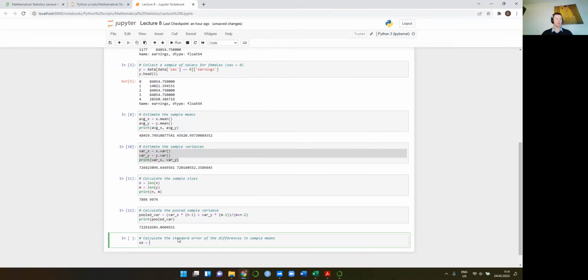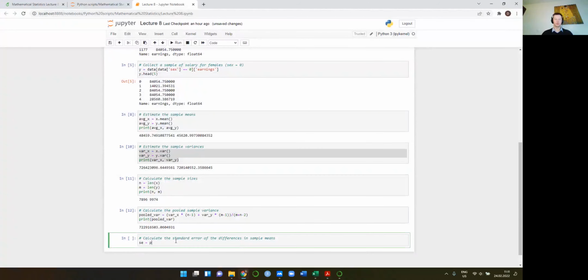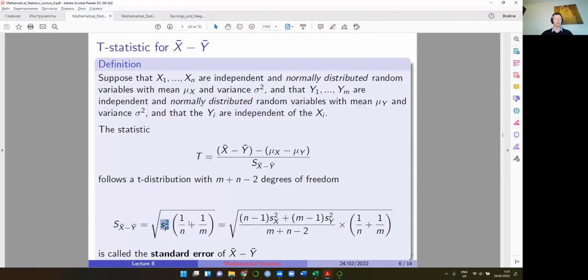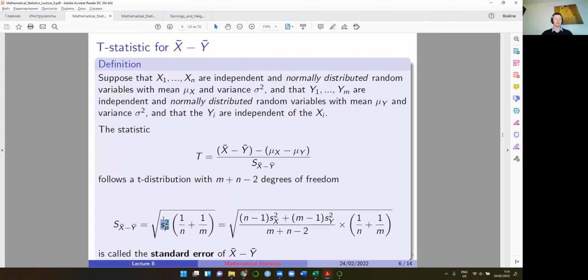Let's call this SE. And the standard error, once again, is the pooled variance multiplied by this sum, 1 over n plus 1 over m. And then we need to take a square root of this,